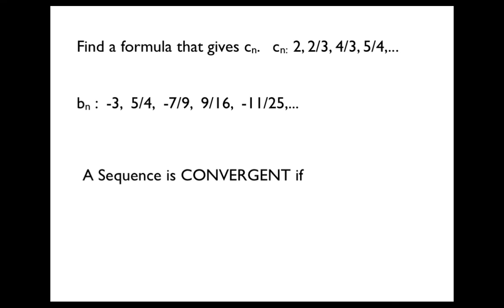Our convergent improper integrals, right? We talked about those being convergent if that limit, as a approached infinity, got closer and closer to particular values. So we can say, if the limit as n goes to infinity,